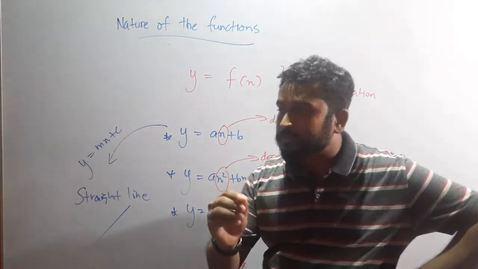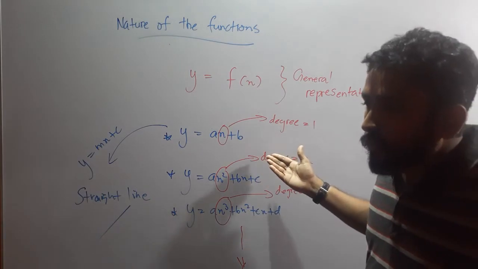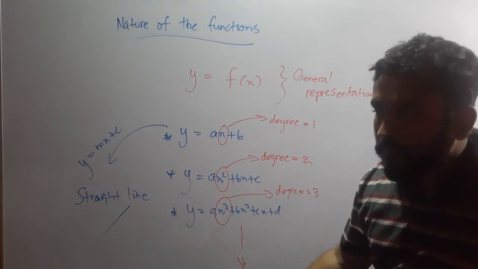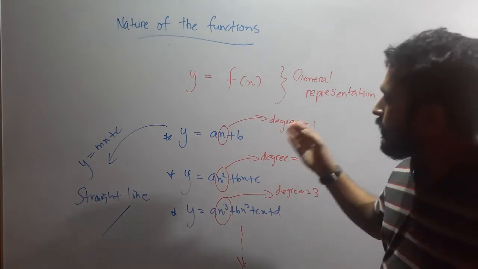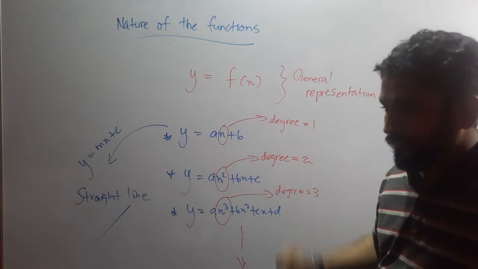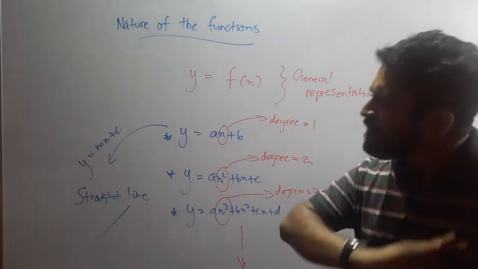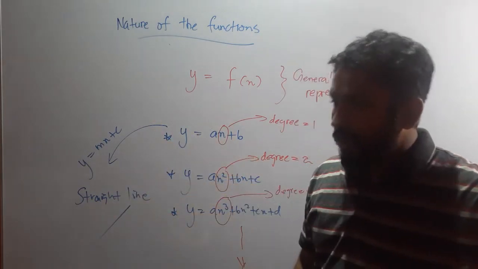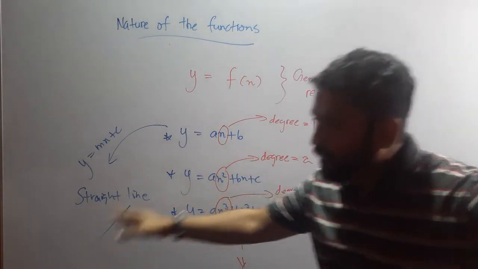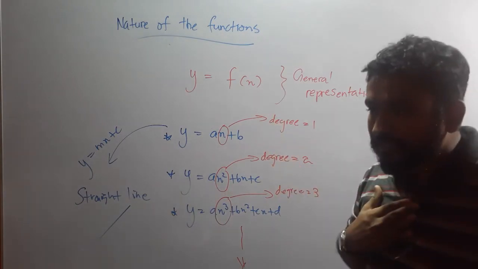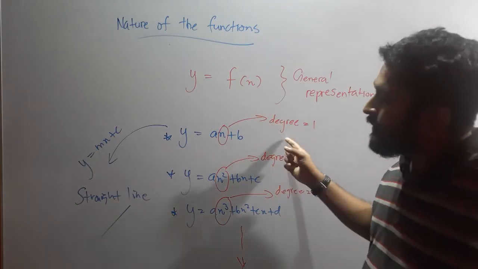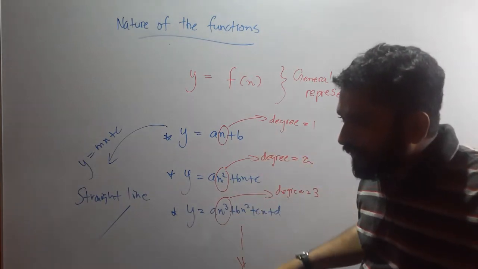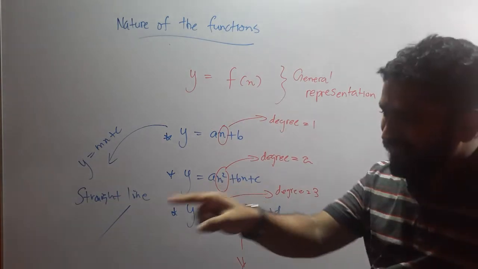What is the conclusion when the degree is 2, 3, 4, 5, or in simple terms, when the degree is greater than 1? I need a simple answer. When the degree is 1, it is a straight line, and to be a straight line, the degree should be 1. My question is, when the degree is greater than 1, what is the simple answer? Well done, that is what I am hoping.